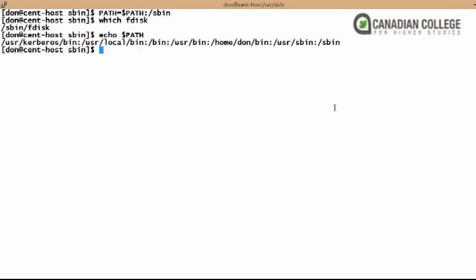In the earlier case, I gave a path variable, but the fdisk command was not there, so no access for the user. He cannot access that because the command is not there, right? So echo we are using to